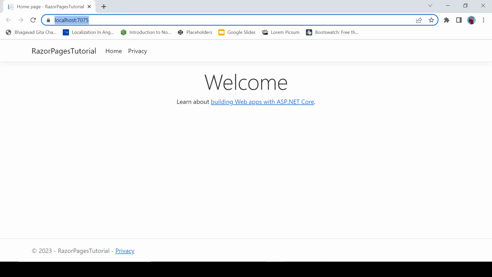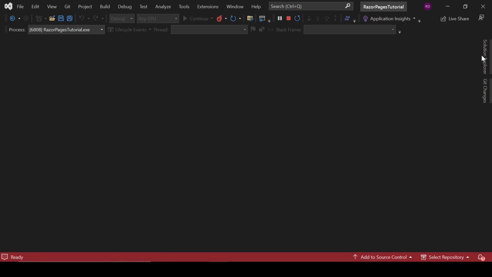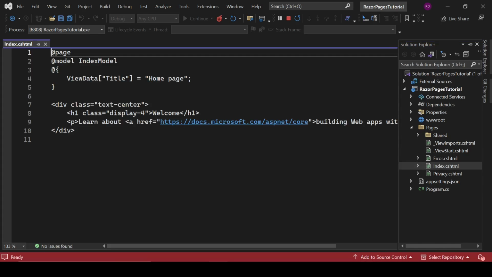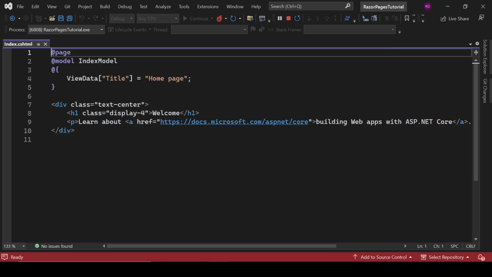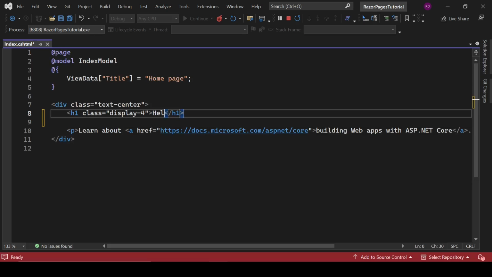So here we are seeing nothing in our route, and if I click here, we will see nothing here in our route, and it is our default route, which is set by this application by default, which is this index.cshtml. So by default we are looking at this page. So if I write here hello world,